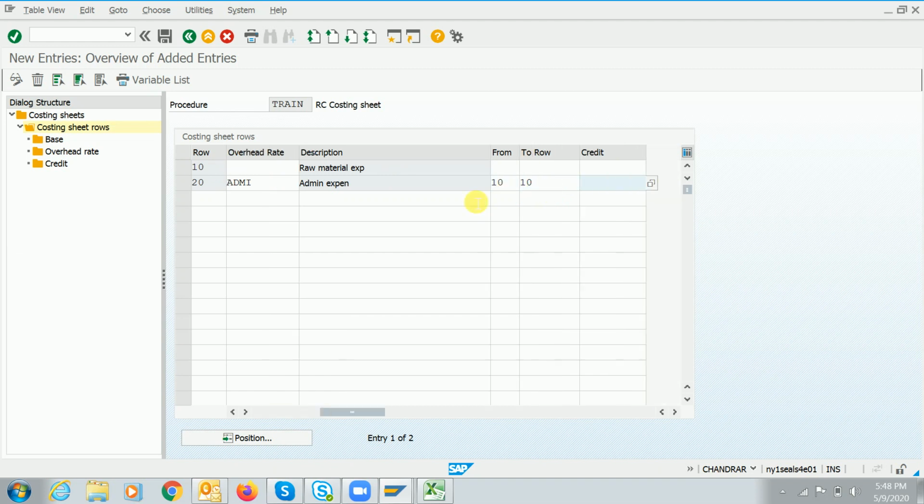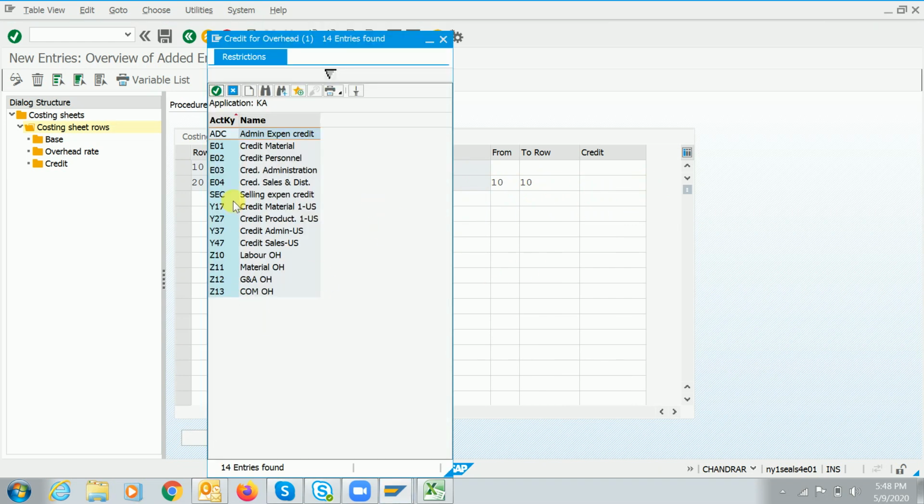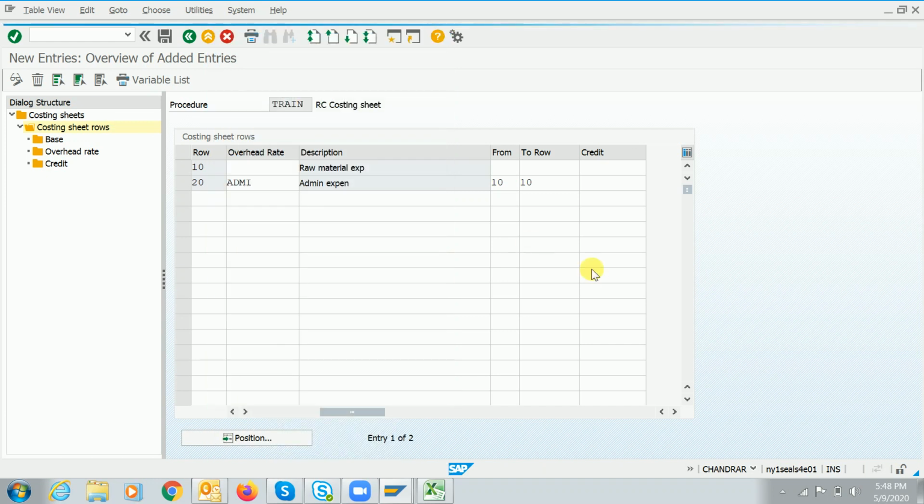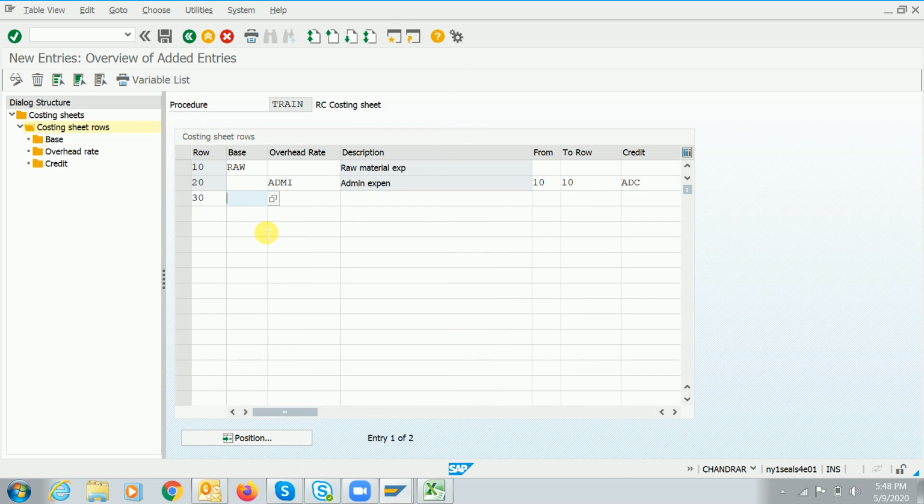And credit is nothing but where the amounts we have calculated in this row 20 have to be credited. We have created the credits as well, so ADC is our credit. Once we are done with this 20, you have to maintain the 30.